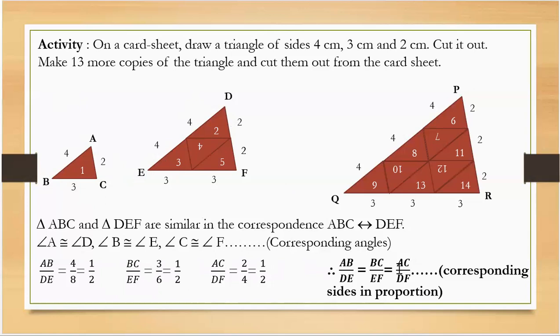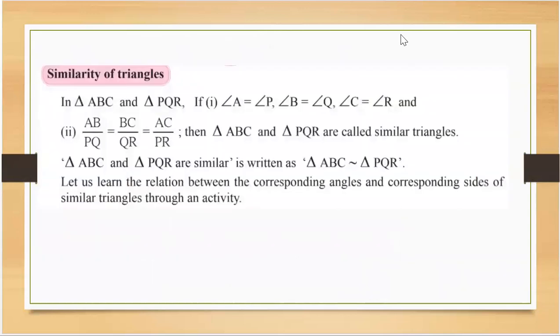Okay, so this is what I meant to tell you all when we define the similar figures. So similar figures में क्या एक रहता है, angles तो exactly same रहते हैं, लेकिन sides जो रहते हैं उसका ratio जो रहता है, they are exactly in proportion. Proportion मतलब क्या, all the ratios are equal, all the sides ratios are equal. All right. So now we can define similarity of triangles. Here we learn only about similarity of triangles.